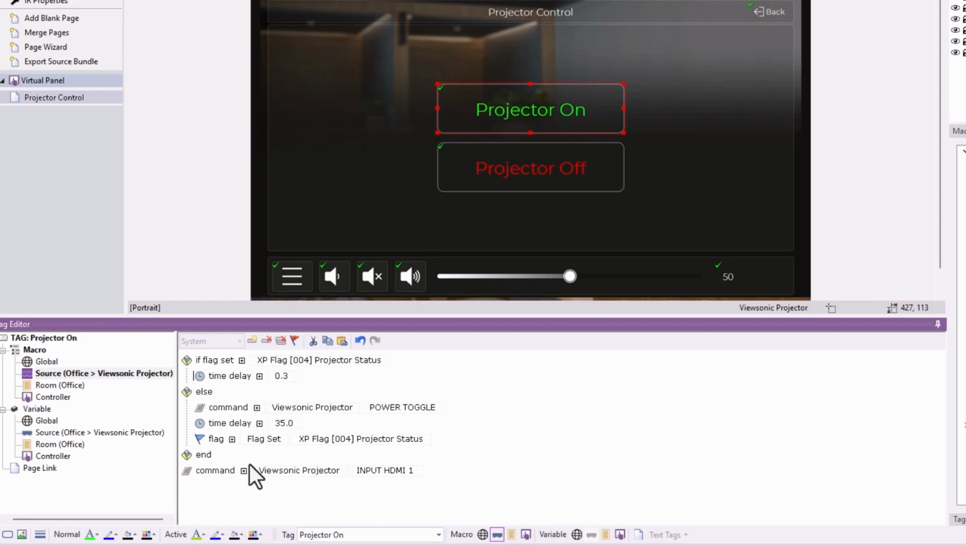We set the flag corresponding to the first power toggle that's used to turn on the projector. Again, if the flag is set, meaning the projector is on, don't do anything. But if the flag isn't set, the projector must be off. So else, I will power toggle it on, wait about 35 seconds, set the flag to tell the system that the power is indeed on, and then